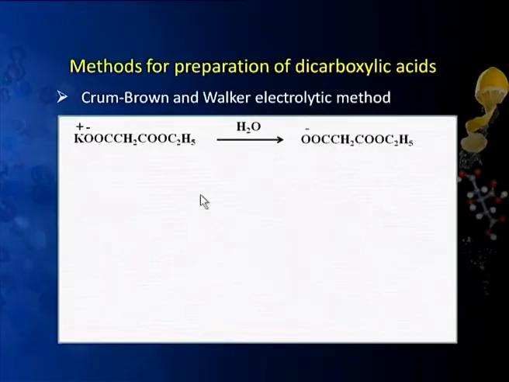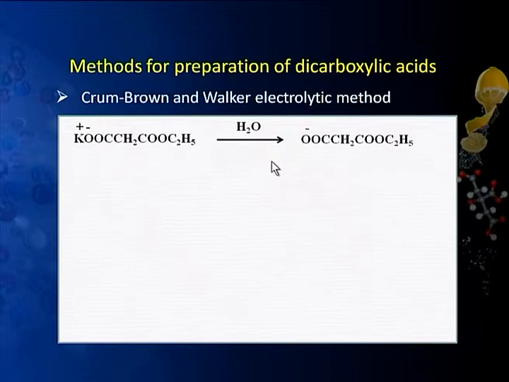We start with dicarboxylic acids of smaller size and ultimately we can get dicarboxylic acid of larger size like this. Suppose we have taken a 3 carbon dicarboxylic acid, basically malonic acid. We take a half ester and on the other side a sodium or potassium salt. So of the 2 carboxyl groups, one is converted into ester, one is converted into sodium or potassium salt. Then we electrolyze it. When we first pour it into water, it gets ionized and we get the anion part, and obviously the positive part is Na plus or K plus.